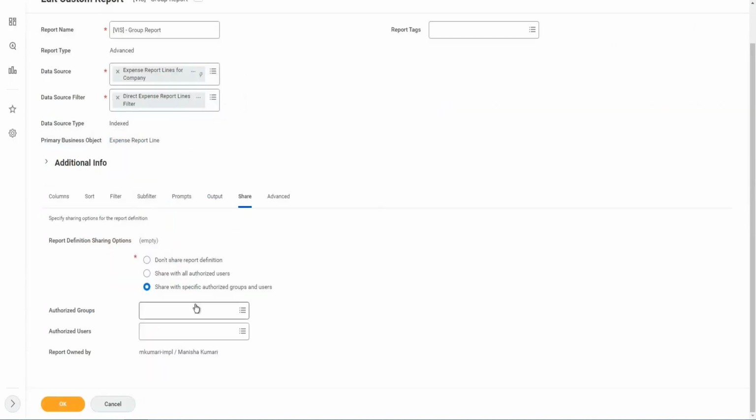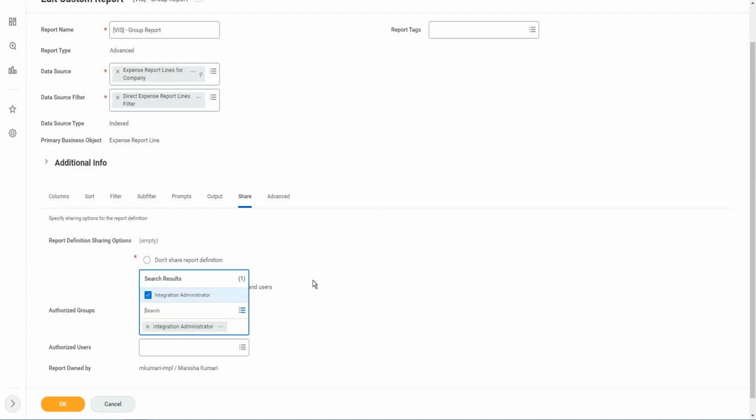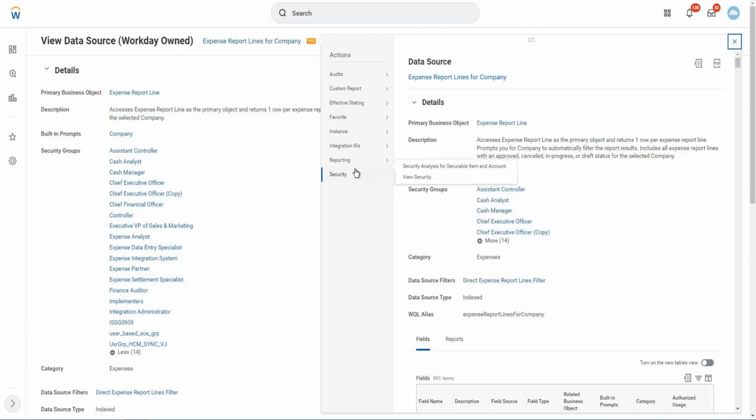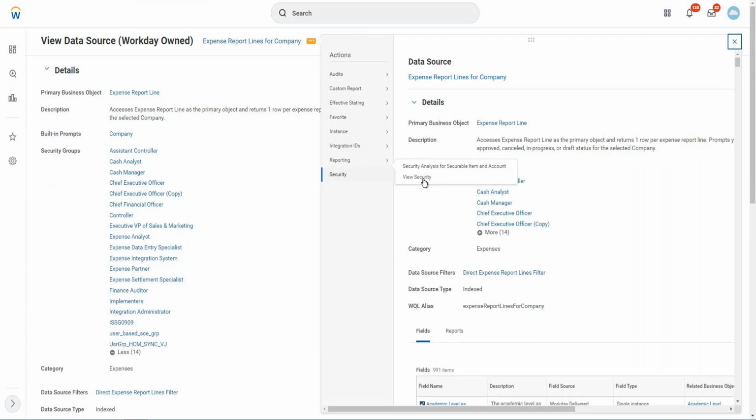For example, if I'm doing it like integration admin, it is coming here, right? Because it exists here. And you can add anything which is here. But if you don't have it and you want to give your HR partner access on this data source, how can you do that? You go on these three dots, you go to the security, you go to the view security, go to the related action, security and view security,